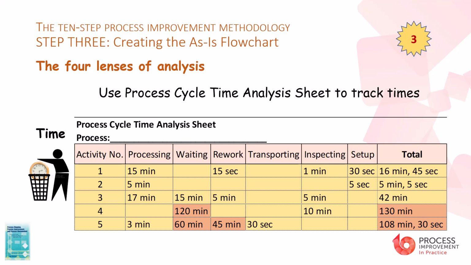In this example, activities 4 and 5 have the longest total times with waiting and rework categories as the biggest contributors to the cycle time. It is obvious that these two activities take precedence over the others. To dig deeper into the root causes,